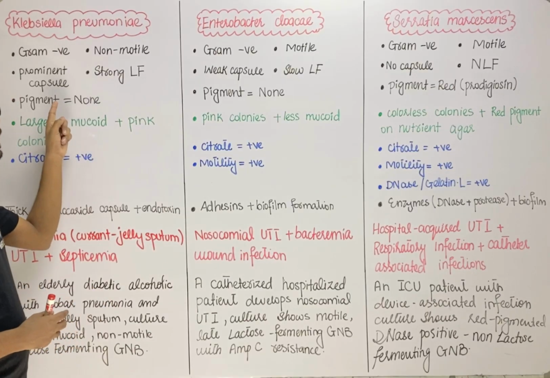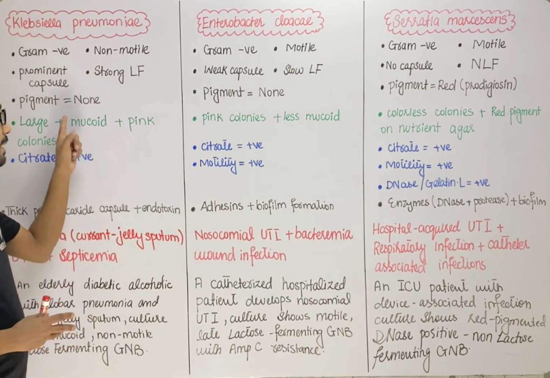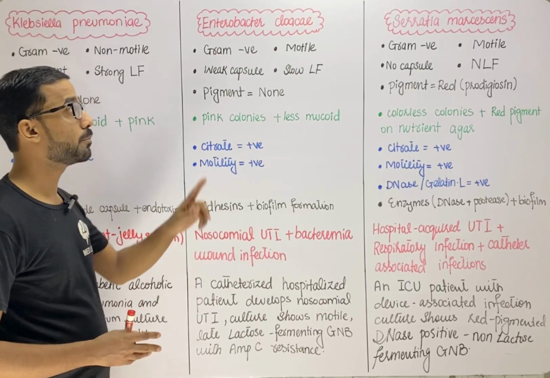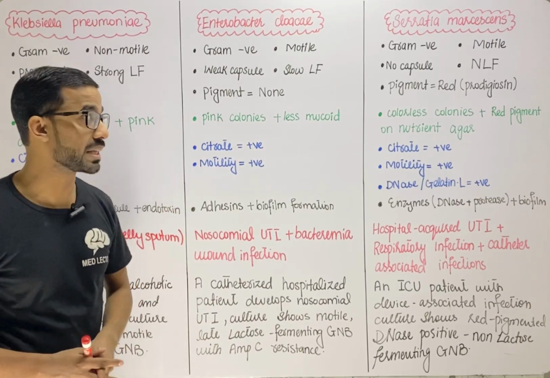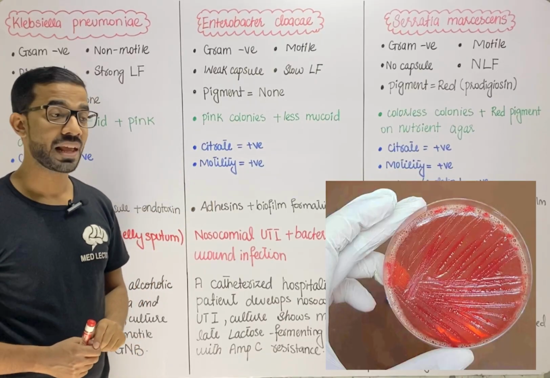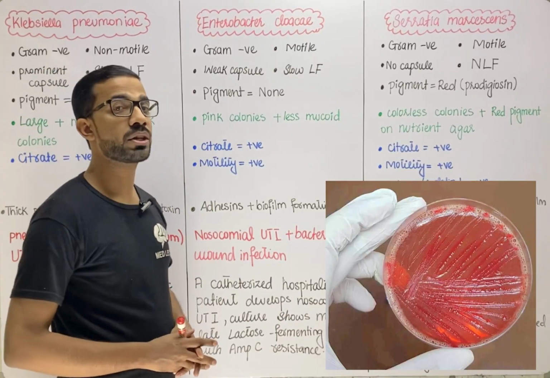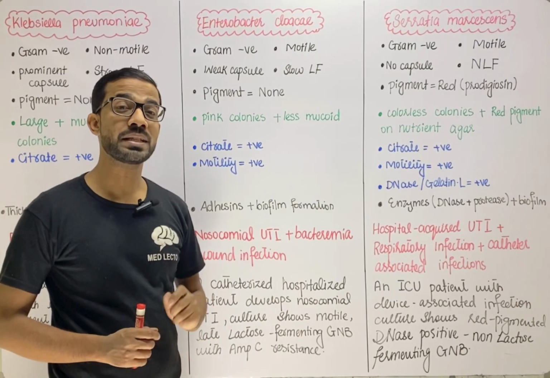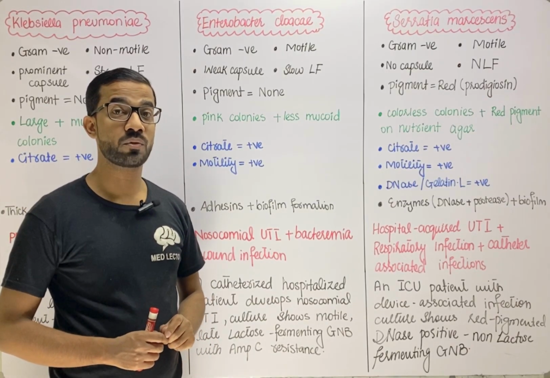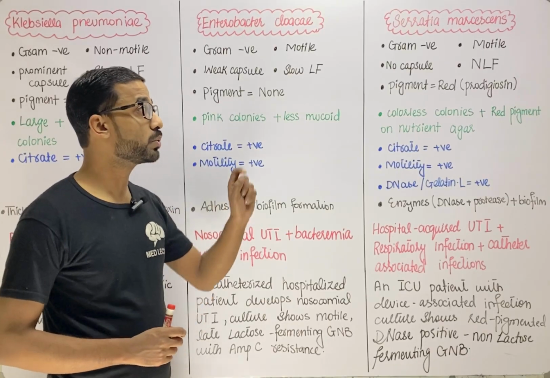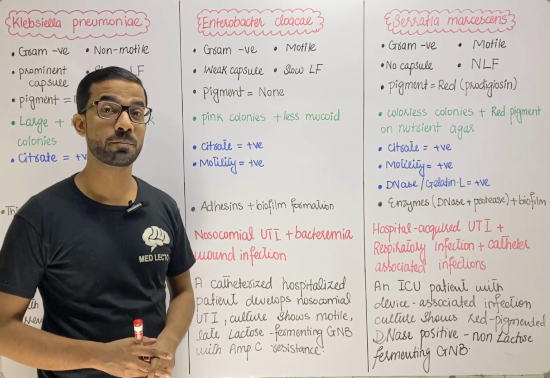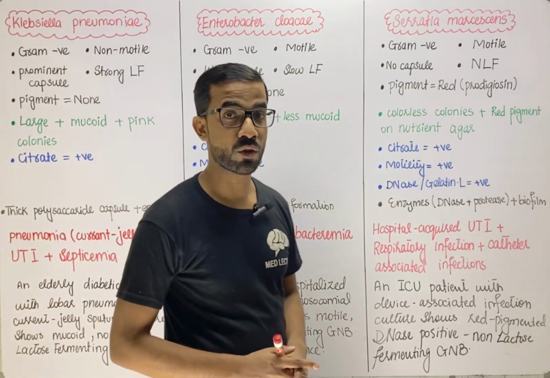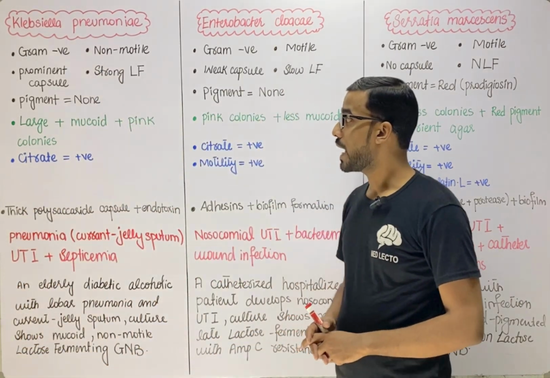Next, KP will not produce any pigment. Enterobacter will also not produce any pigment, but Serratia will produce a pigment that is red in color, and that pigment is called prodigiosin. So that is an important thing. It means that Serratia colonies will be red in color due to this pigment, while there will be no pigment production in the case of KP and Enterobacter. Next, if we move,